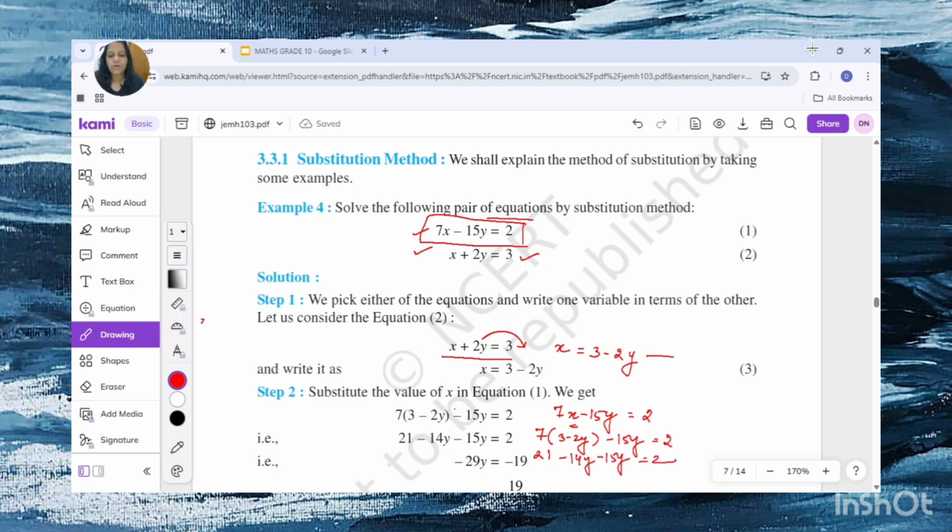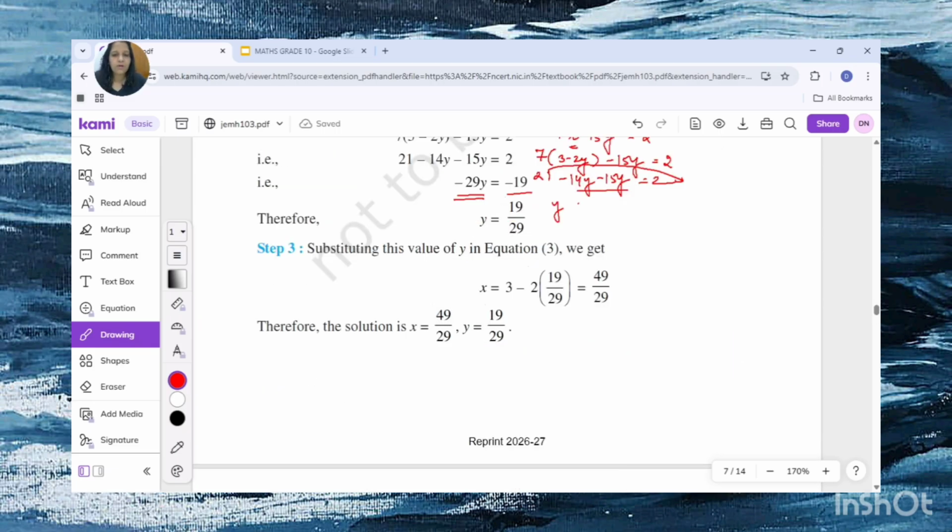When you solve it further, minus 14y minus 15y will become minus 29y. You transpose 21 to the other side, it will become 2 minus 21, and that will give you minus 19. So y is equal to minus 19 upon minus 29, the negative sign will get cancelled and the value of y will be 19 by 29. Now you can substitute this value of y